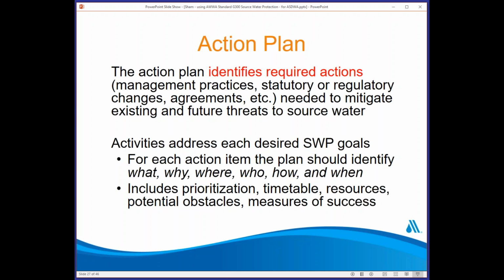So activities addressing each desired source water protection goal could be broken up so that each action item of the plan should identify what, why, where, who, how, and when. Pretty straightforward, we can identify these various elements to establish our action plan. And it also will help in prioritizing and give us a timetable, given the fact that we can't do everything at the same time, and that allows us to sequence various actions, again, maybe relying on the prioritization scheme